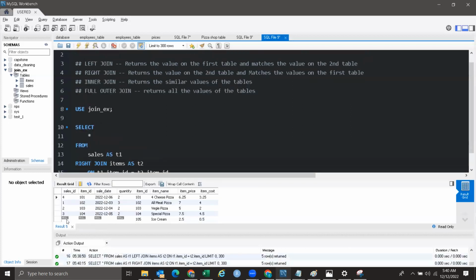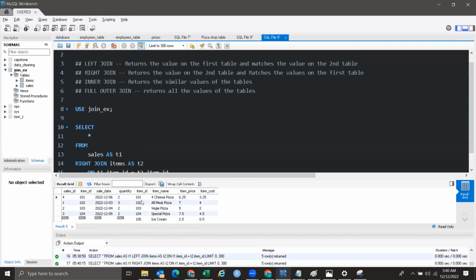All right, as we expect, there's a null because item ID 105 from the items table does not appear on the first table, which is the left. So that's why we have a null, but it returned all the matching values here